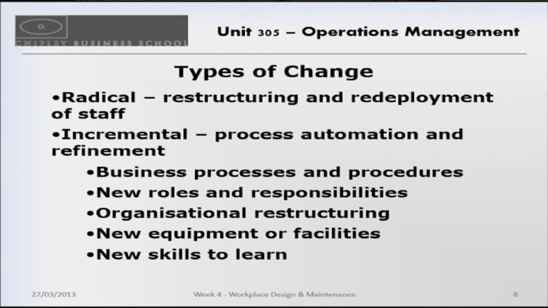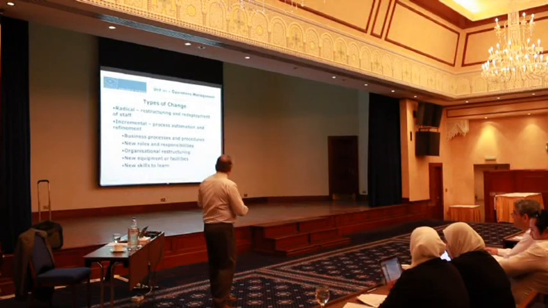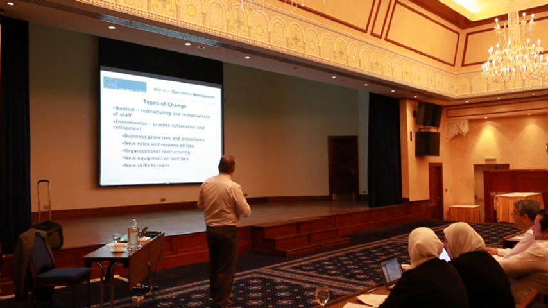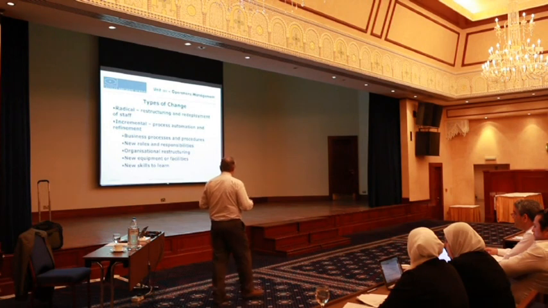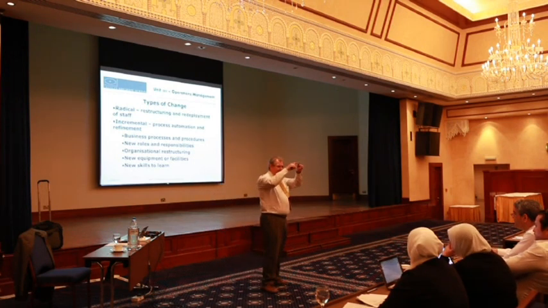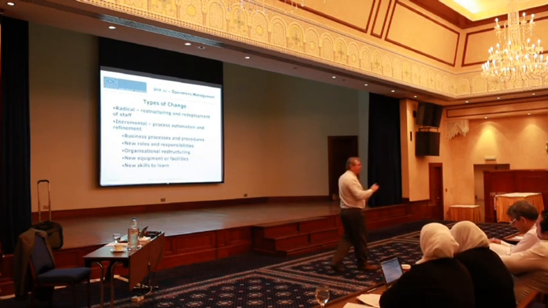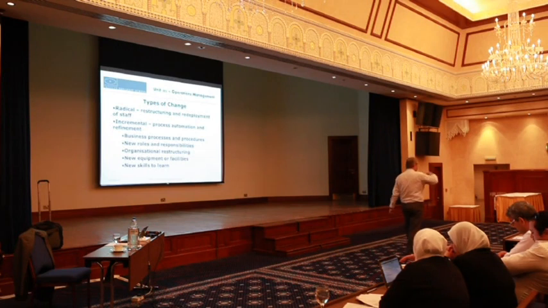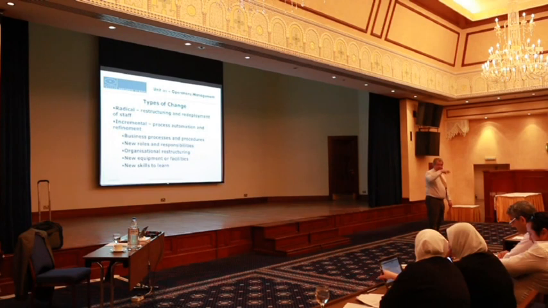There are, in fact, two types of changes that you can have when you're doing these types of things. One is the radical type of change, and that's restructuring and redeployment of staff. You know, I showed you those little cardboard pits? When we said that sometimes we have to change the whole thing, start with a new blank piece of paper and say, how would we do this starting from now? Not based on what we've had in the past, but what we've got right now.